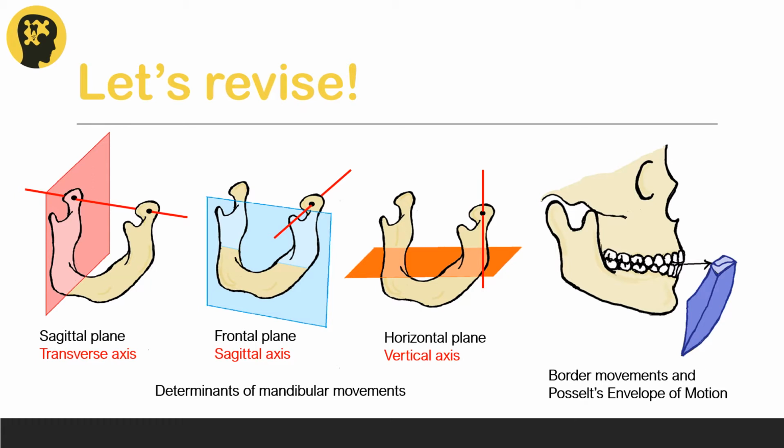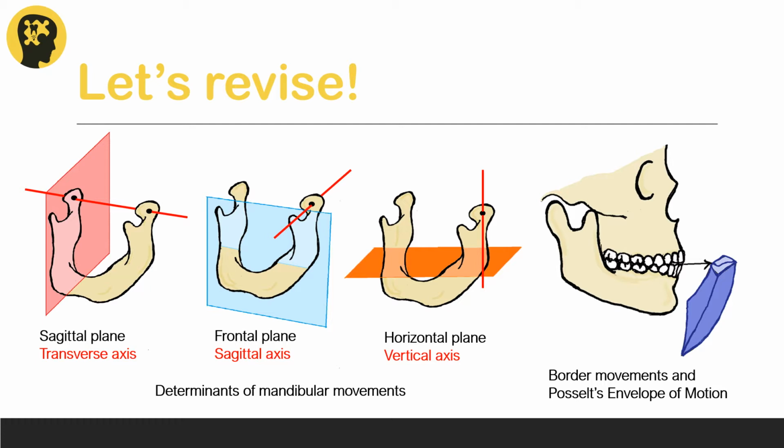A few key things before we move ahead. Now, because we spoke about movement, we discussed the different planes and axes of movement. So, mandibular movements are extremely complex movements and they rarely occur along a single plane or about a single axis. Now, as the mandible makes all these different movements, which are brought about by the TMJ and the associated muscles, let's not forget that we have teeth. So, the surfaces of the teeth also guide the mandible as it makes all these different movements.